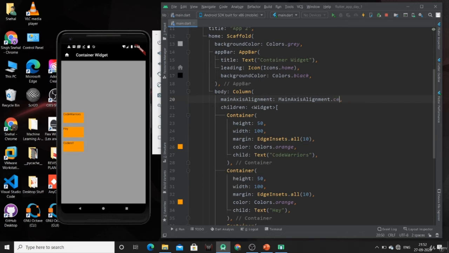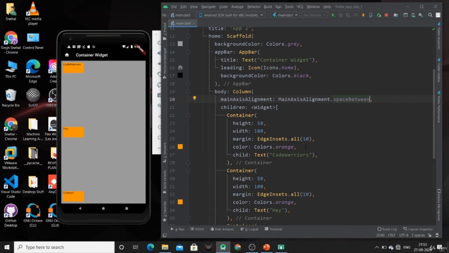Now if I use another property like space evenly, then the whole column space will be distributed between these three widgets evenly. So now the whole space is distributed between these three children evenly. Now I can also use the space between property and the space around property to specify the alignment of the children.